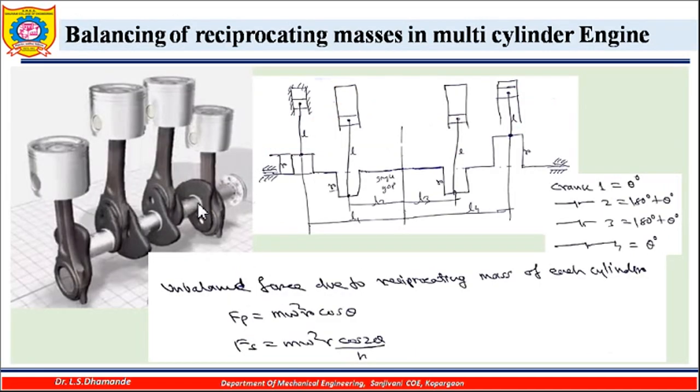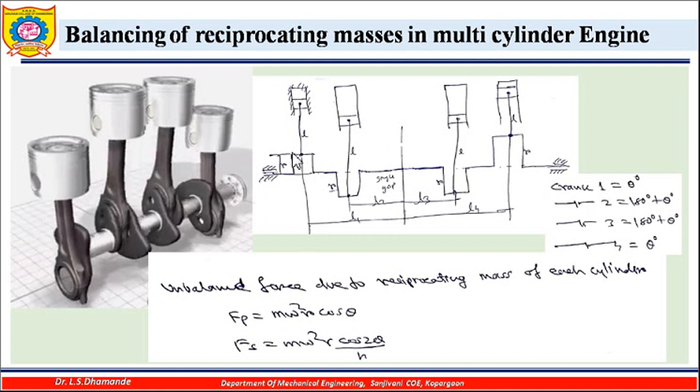So you can see a simple multi-cylinder inline engine is as shown in figure. Here you will find that there are 4 cylinders in this engine, and all these 4 cranks are mounted on the same shaft. Now the arrangement of the crank is made such that the firing will be occurring in different cylinders at different times.